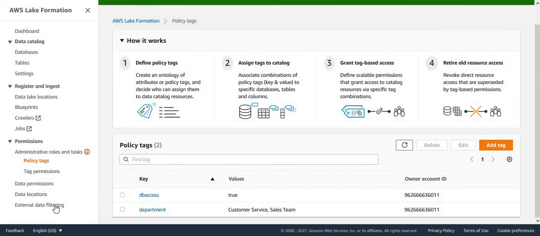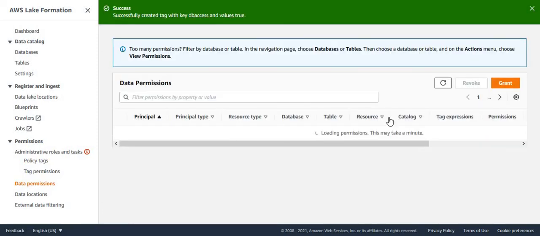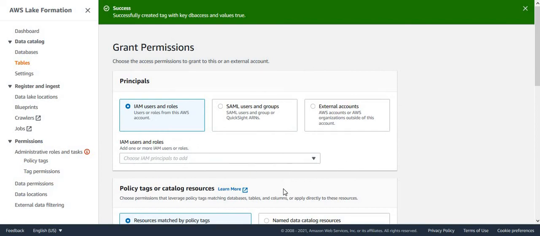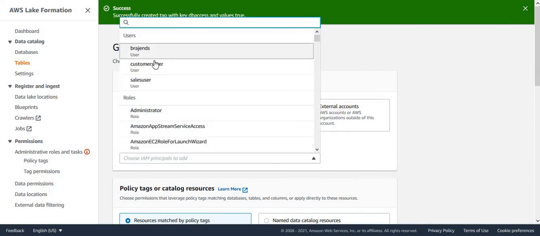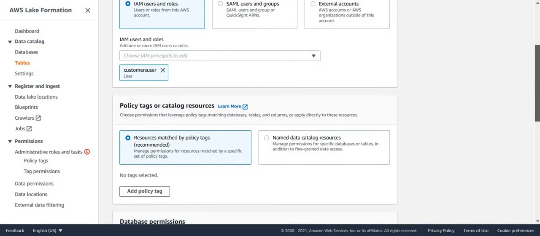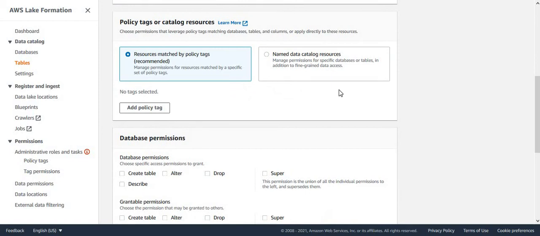Now, after I have defined this, I need to define data permissions for these tags. So I can go to data permissions and say I want to grant data permissions. The first one is I want to grant access for the customers users. And you can see here you have two options, whether you want to go for resource-based access control or tag-based access control. So you simply select tag-based,